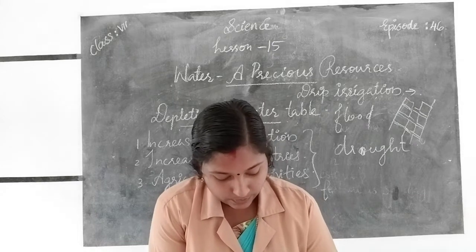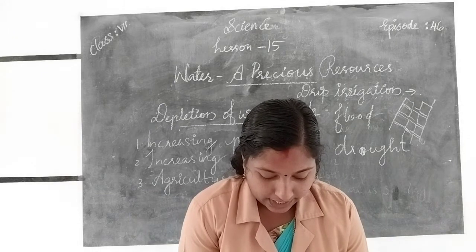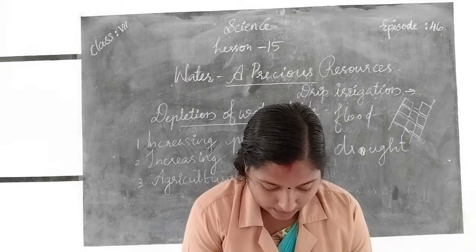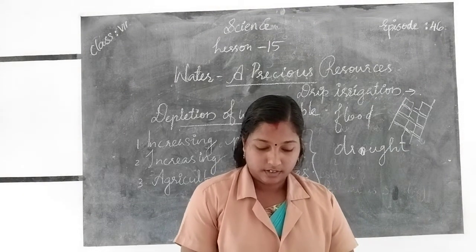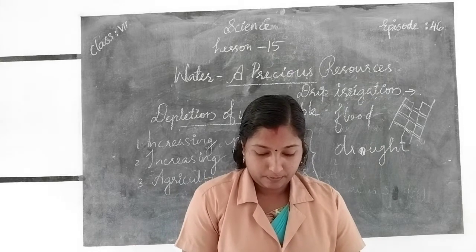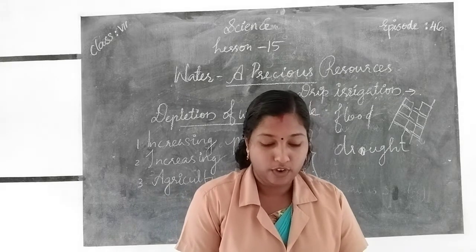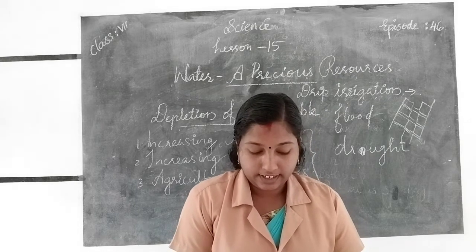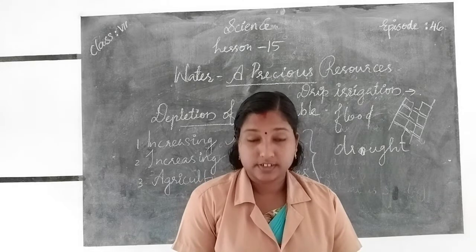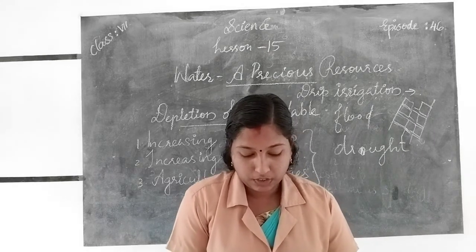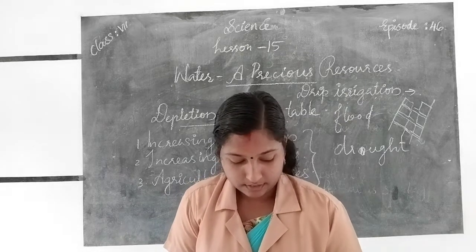What are the things we learn in your textbook, page number 200? Rain map of India is given. Rainfall in centimeters is given. The navy blue color indicates above 400 centimeters of rainfall in those states. Then next 200 to 400, 100 to 200, 60 to 100, 40 to 60, 20 to 40, then 0 to 20 is also given. In Gujarat, okay.